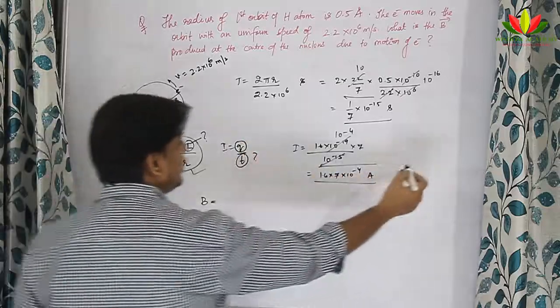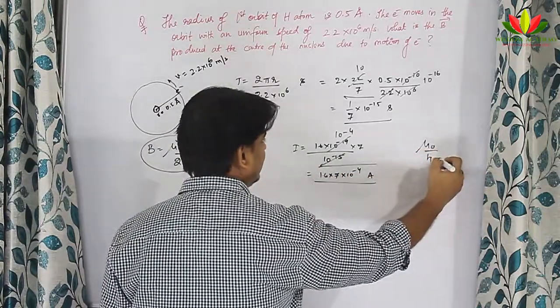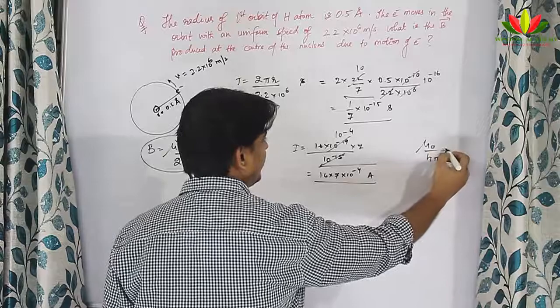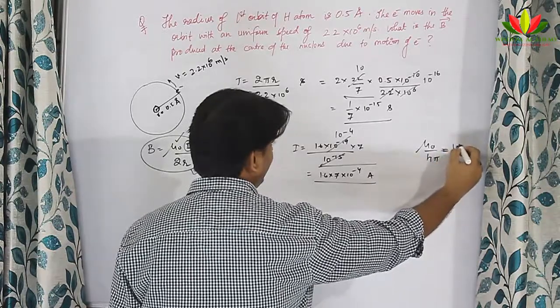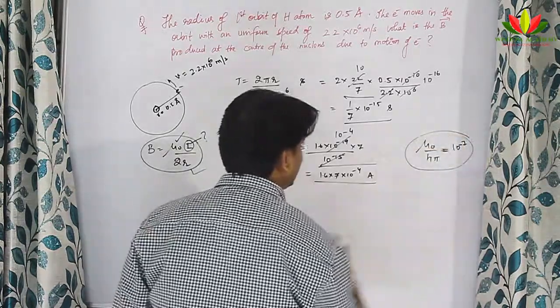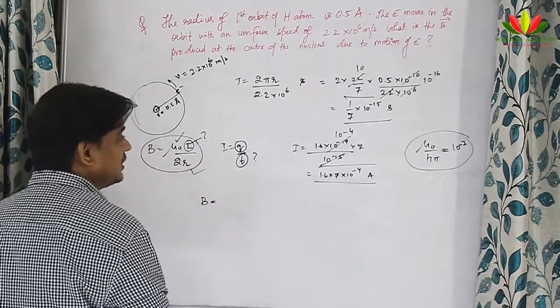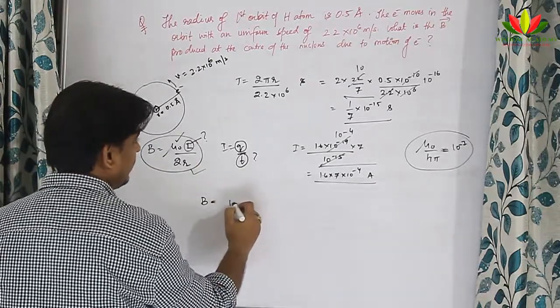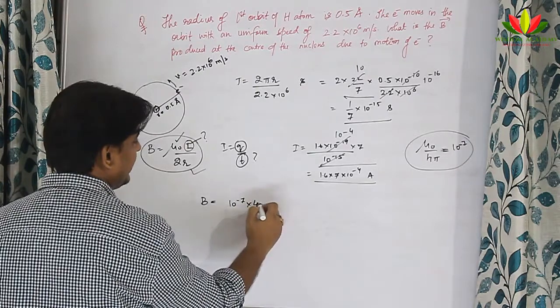What is the value of mu naught? We know that mu naught by 4 pi is equal to how much? Mu naught by 4 pi is 10 to the power minus 7. So we can take the mu naught value as 10 to the power minus 7 into 4 pi. So it will be 10 to the power minus 7 into 4 pi into